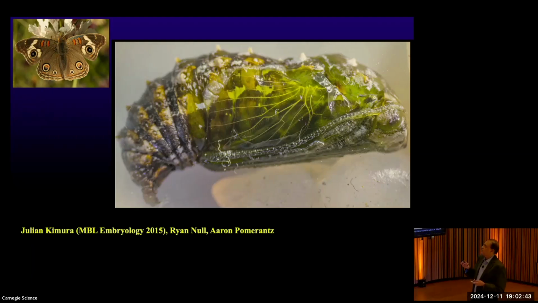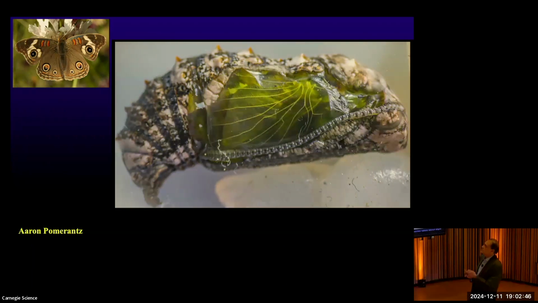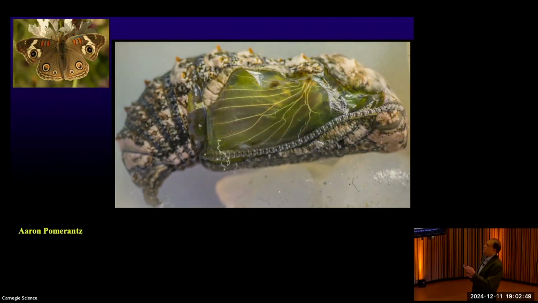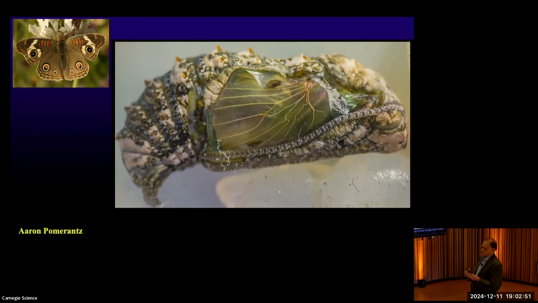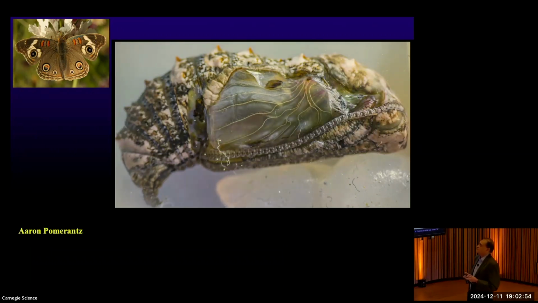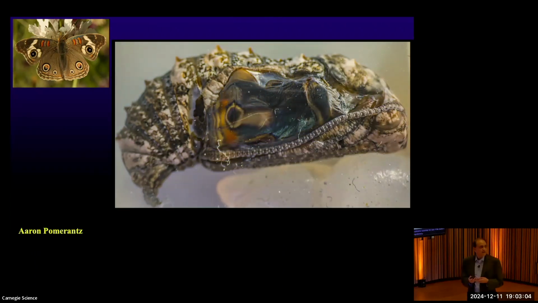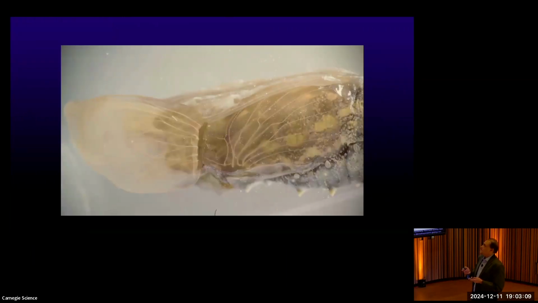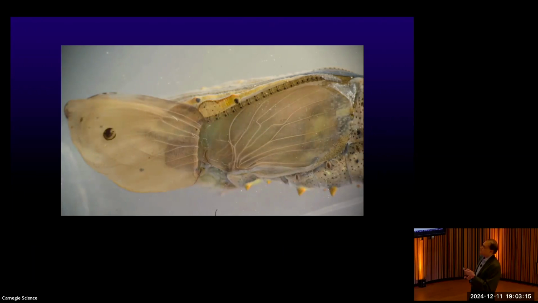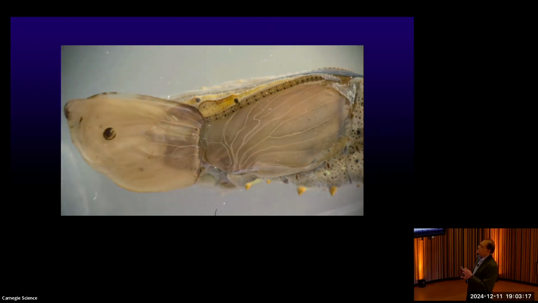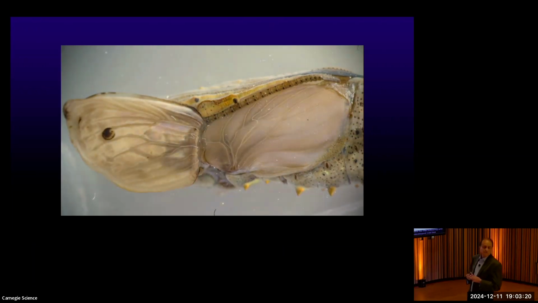And what you're going to see is all of the wing development. So here's the wing. It was actually made in the caterpillar, or larva. And now you see the wing veins. And as it becomes silvery, that's when the scales are actually growing. Okay, and then right towards the end of this movie, you will see all the pigment colors come in. So it then deposits the pigments and you get a completely normally formed wing. But this means then we can see all of scale development going on, all right? Here's just another example, another species where we've done this with the forewing and the hind wing. And again, you can see the wing develop just fine, and we get totally normal wing development in these situations.